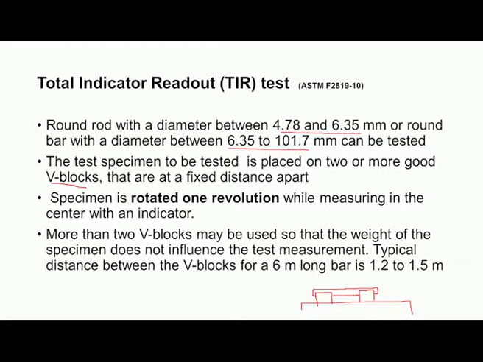Now, we have to take a dial indicator, and keep the dial indicator approximately in the middle, and then note down the reading. Initially you adjust it to 0, and now you slowly rotate the rod through one complete revolution, and then again you take the readings at different orientations, at different rotated positions. That means if there is any bending, it is indicated by the dial indicator.